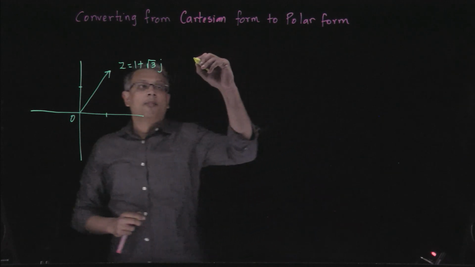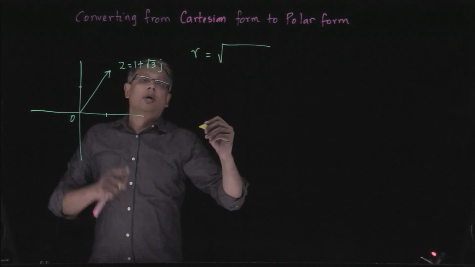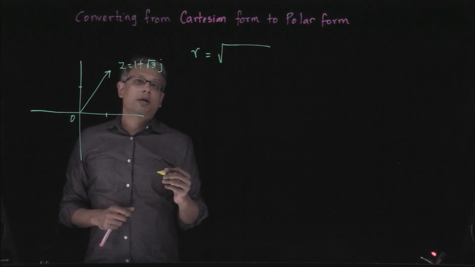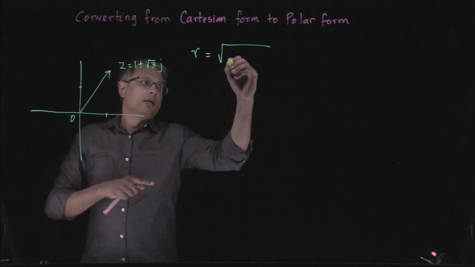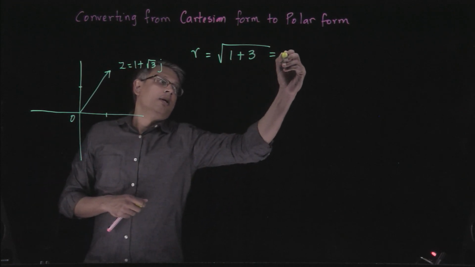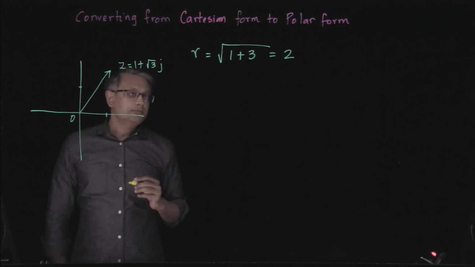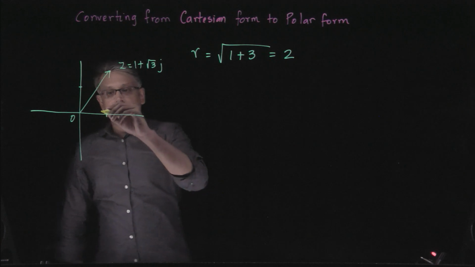And we know that r is the square root of a squared plus b squared. So a is 1 in this case, and b is square root of 3, so b squared is 3. So the magnitude of this complex number is 2. And to find the angle,